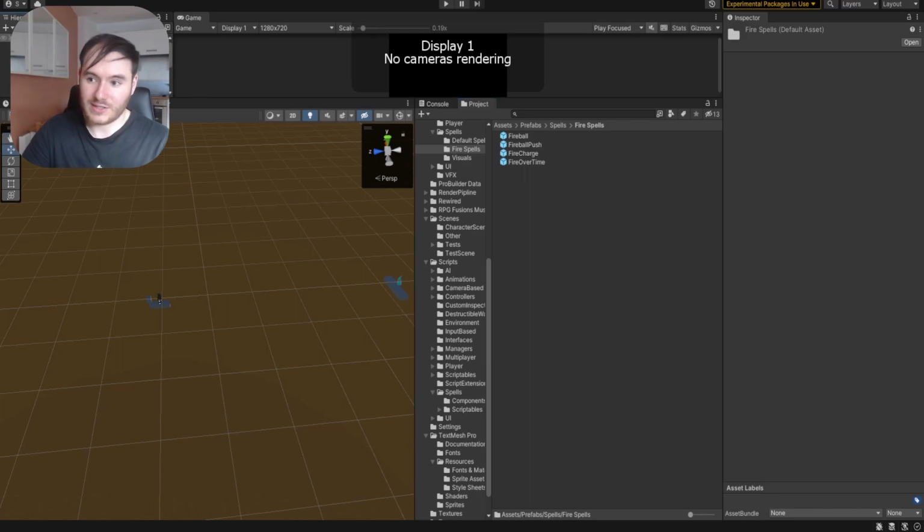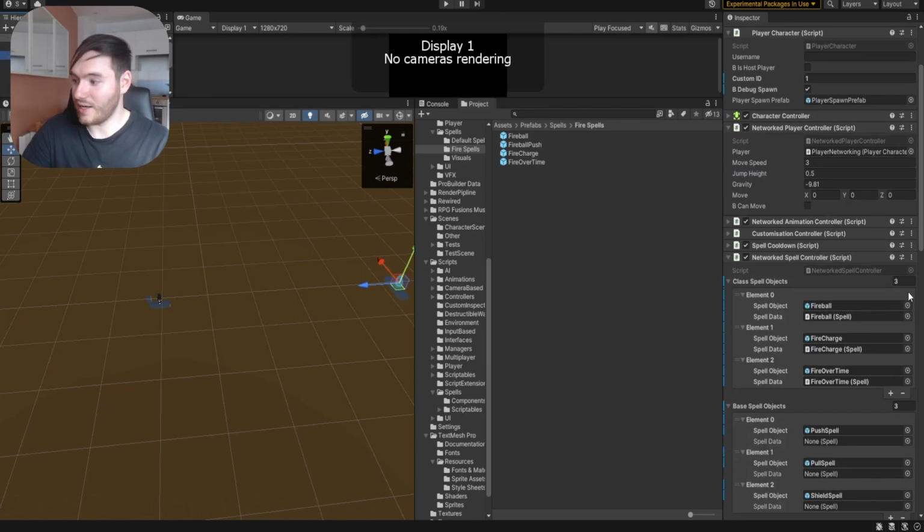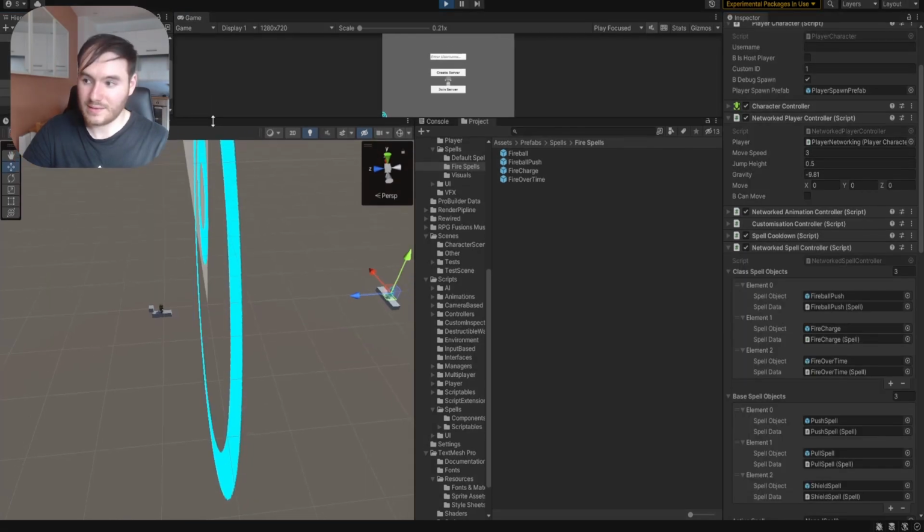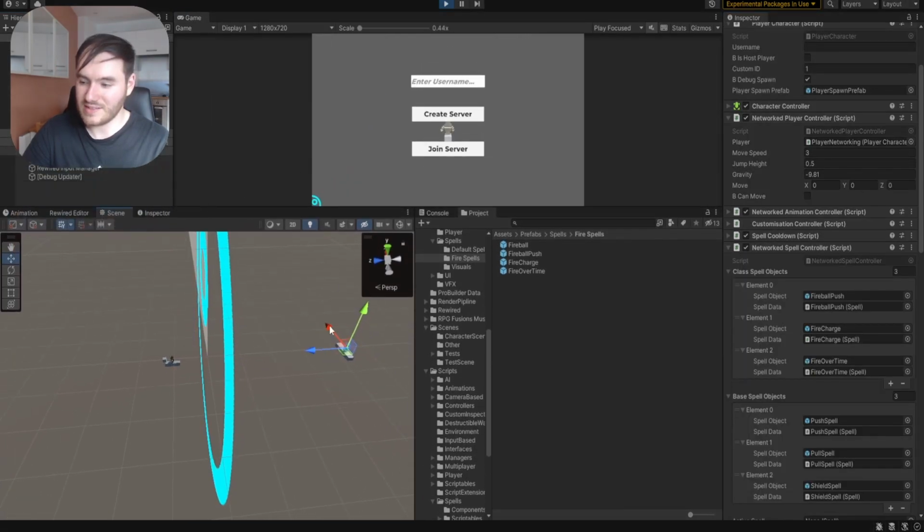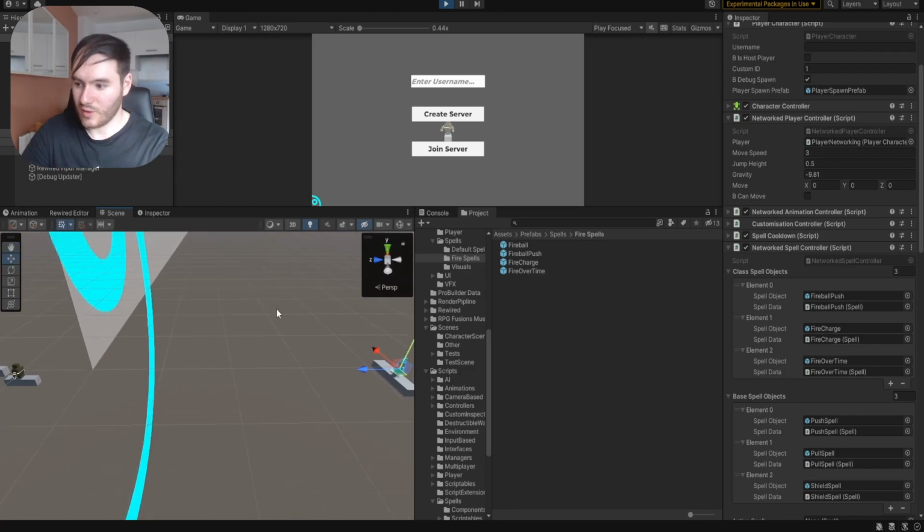As long as the player actually knows that the spell exists, which it can do very simply with a nice boom. Here we have Unity the play scene. You can just about see the play there, but it's easier to look at the scene view here. We got Golem there, me there. If we go to the player networking, one in the scene, fireball push. So if I press 1 now,